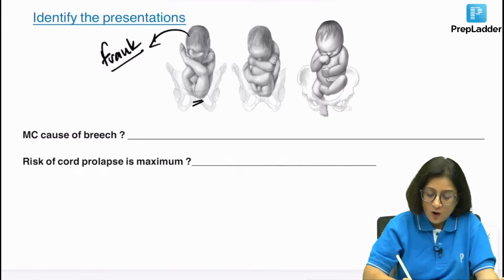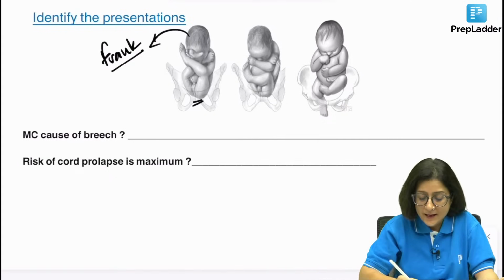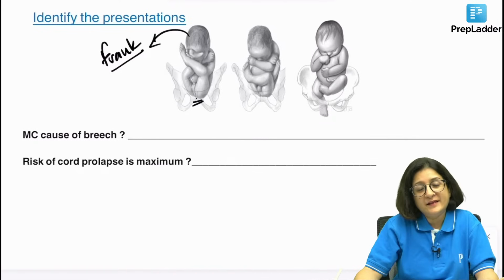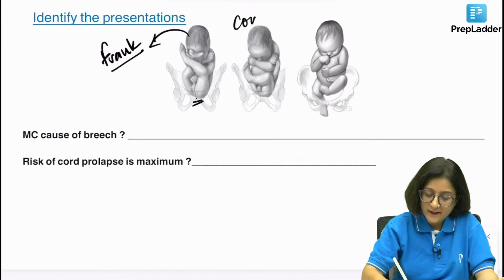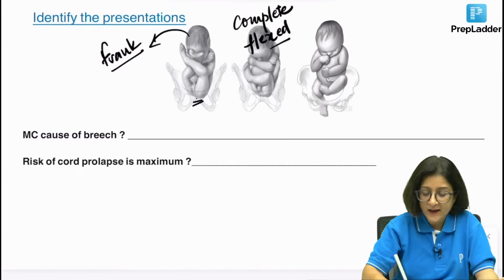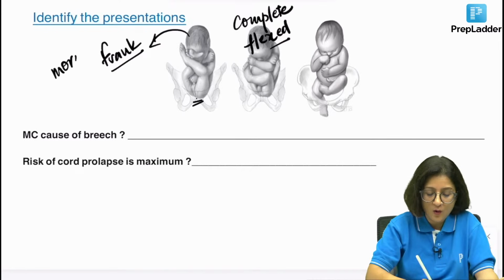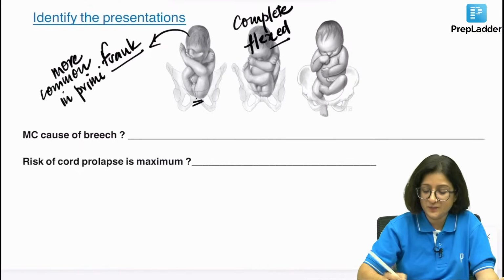You can see on PV examination just the sacrum and the buttocks will be felt. That's it. And this one here is complete breech. This is flexed breech. Now, frank breech is more common in primigravidas,